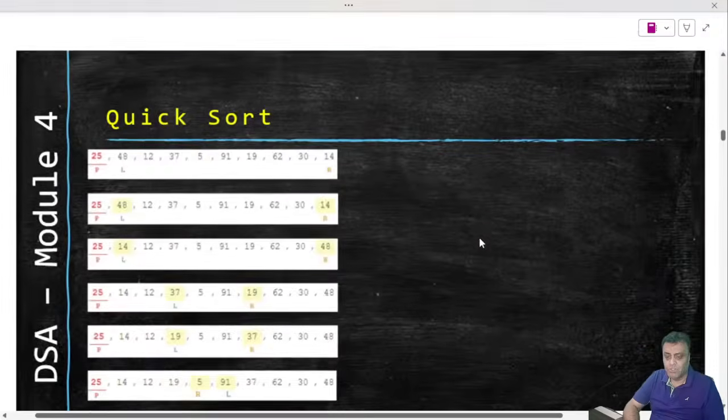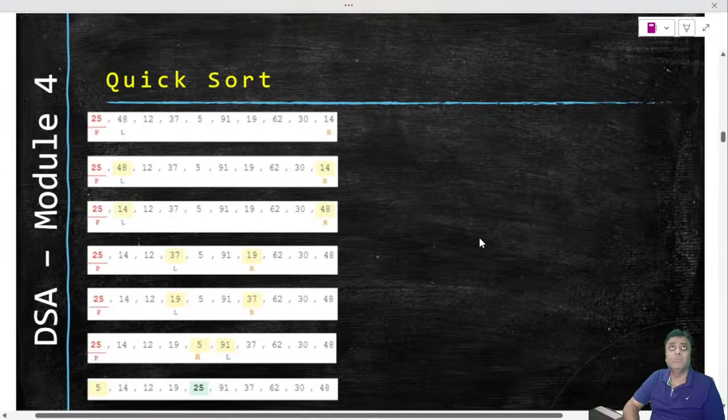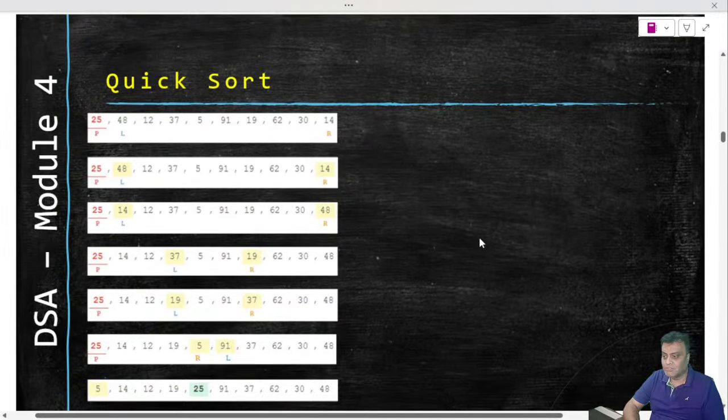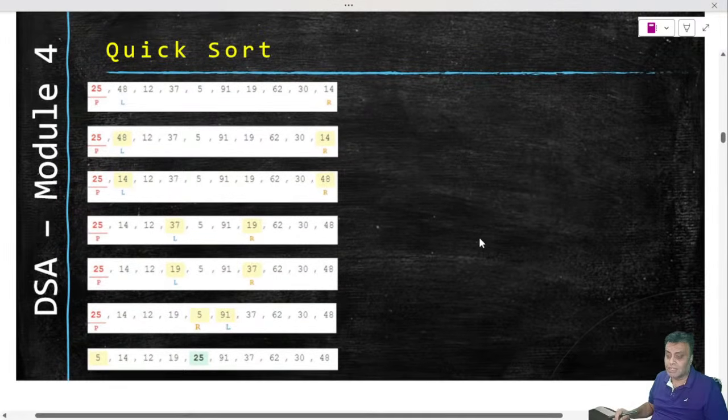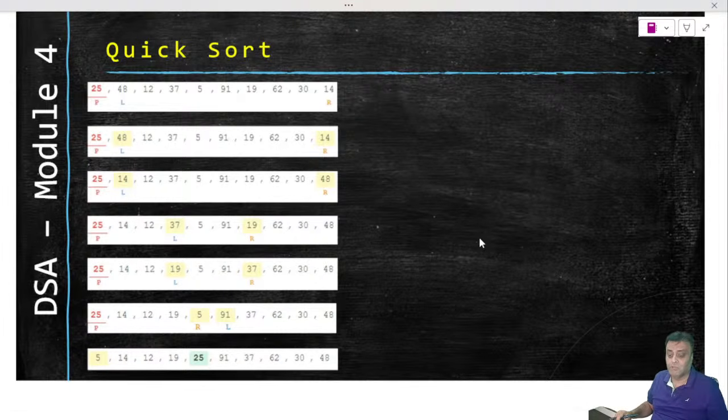So let's move on to the actual problem statements. We will be cognizant of the time, so we will keep looking at our time and we will try to finish the first part of the module, up to quick sort, by 10:45. The last part, heap sort, will give some breather space for us. It may not take 1 hour, so even if we spill over, it should not be an issue.